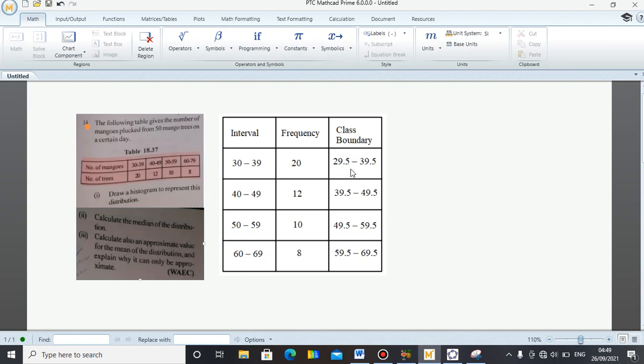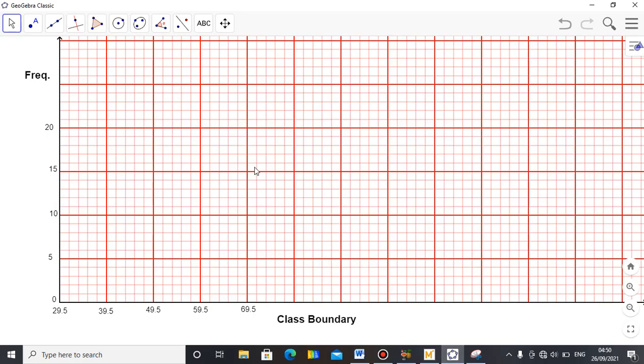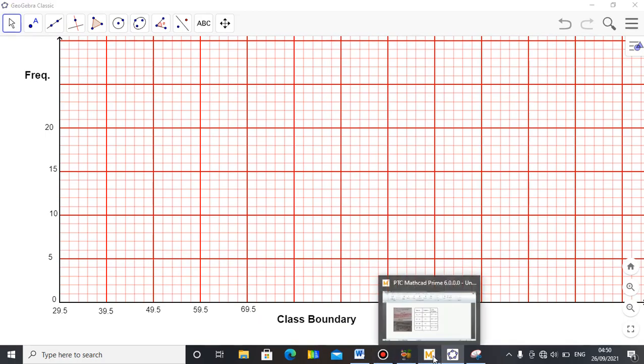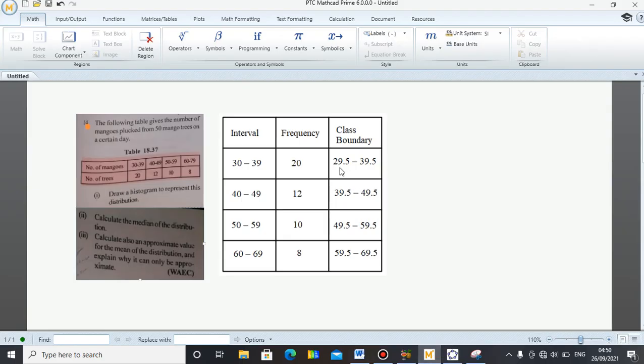And without wasting time, to do this, just go to your graph paper, and on your graph paper you can see I have it here. I've done everything down. So the frequency is on the y-axis, then the class boundary is on the x-axis. So very important. Then just put your intervals. You can see from the table I have my class. The first class interval is 29.5 to 39.5, and remember the class interval is also gotten like the previous example